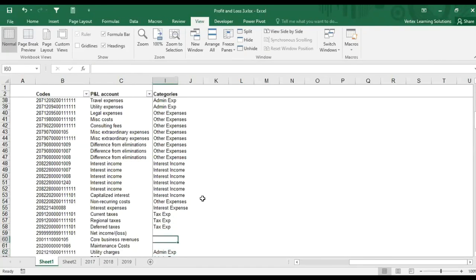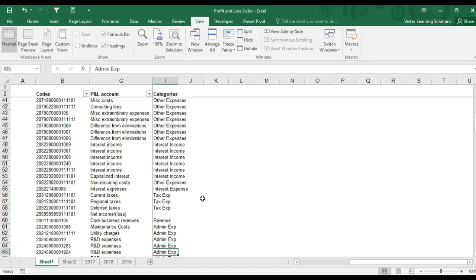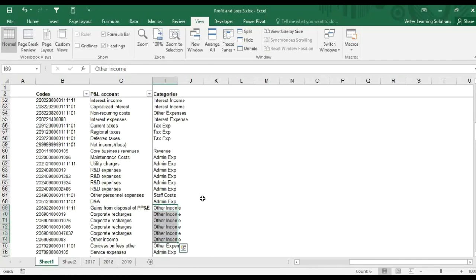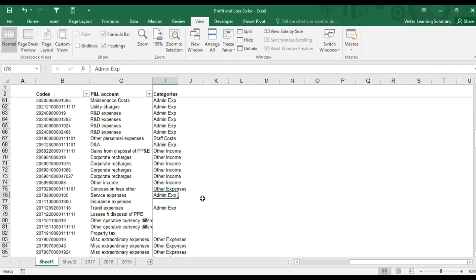Core business revenue is your revenue. Maintenance cost is admin. And you are almost done. Depreciation is admin. Gain from disposal, other income. Corporate recharges, other income. So I'll just copy paste corporate recharges, other income. Concession fees, service expenses, insurance expenses, admin, losses for disposal. It also goes to other income, but in the negative format. Other expenses, and property taxes and taxes,